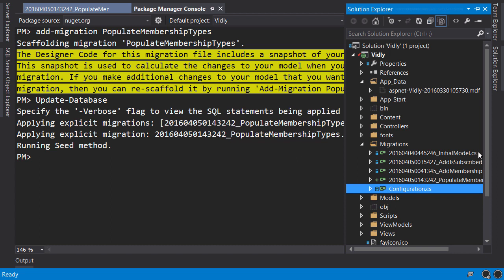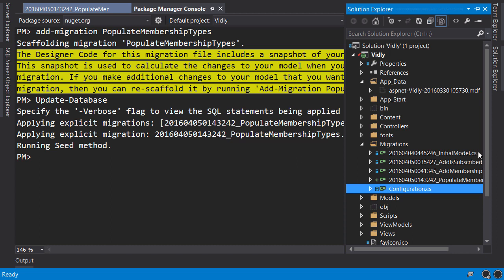But if this is not the first deployment, meaning we already have a database, we can find the last migration run on that database and create a new SQL script from that migration to the last one. Again, the process is the same. So you see, with Code-First Workflow, we have full control over versioning of our database in a consistent way across all environments. And that's why I love